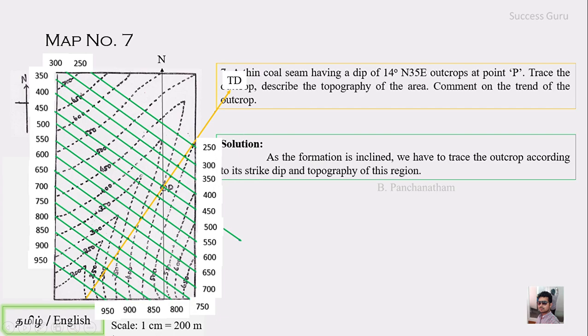You started with 250 and went up to 950. This is more than sufficient for solving this map. Okay, so is that clear? Then what we have to do, as usual, if you have the same value of contour and strike,